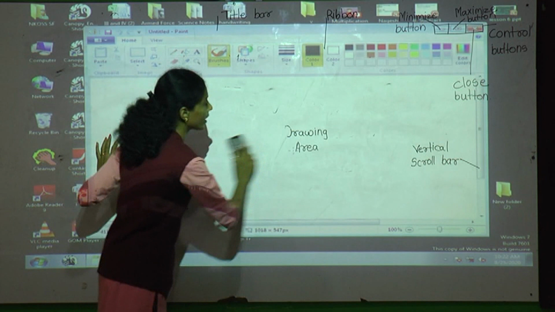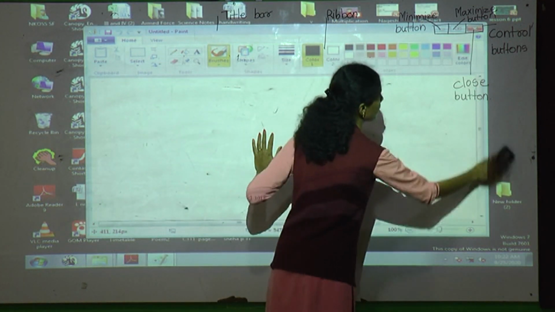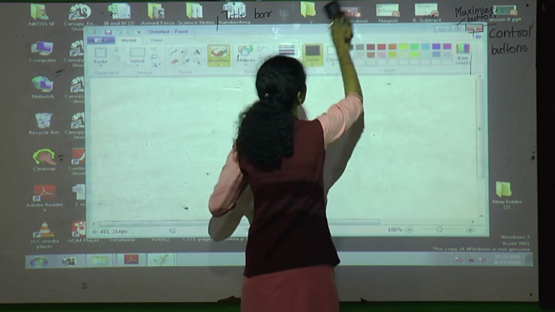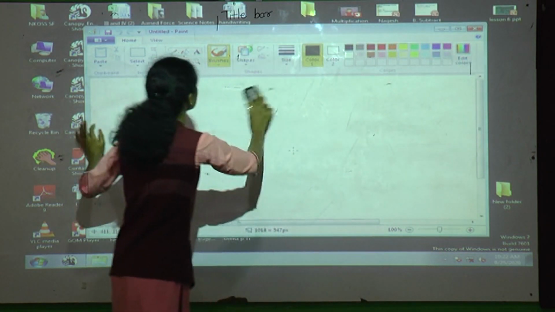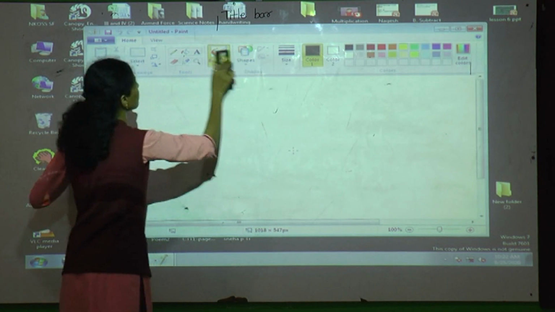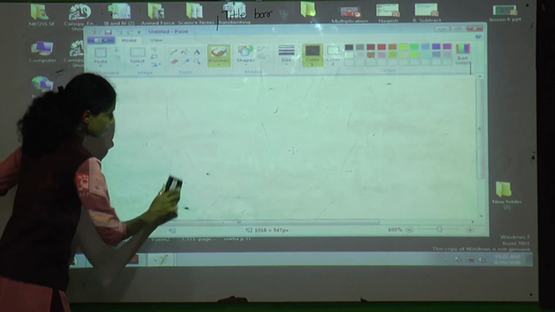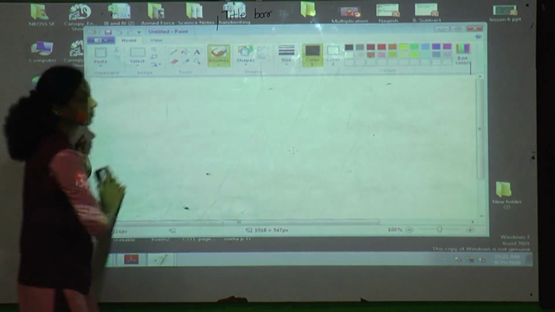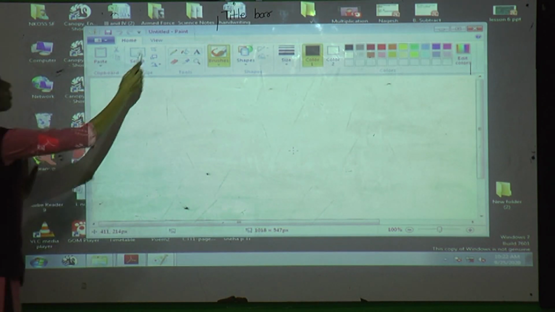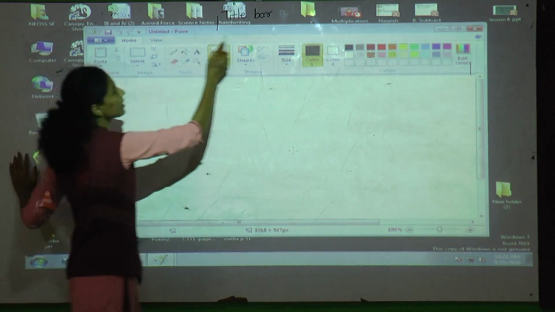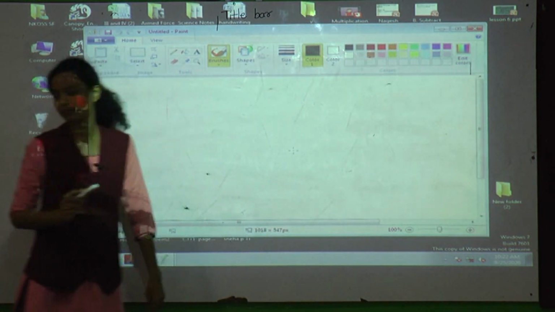What is the use of the title bar? Why are we using the title bar? This is the title bar. Untitled Paint, it is the title bar, right?